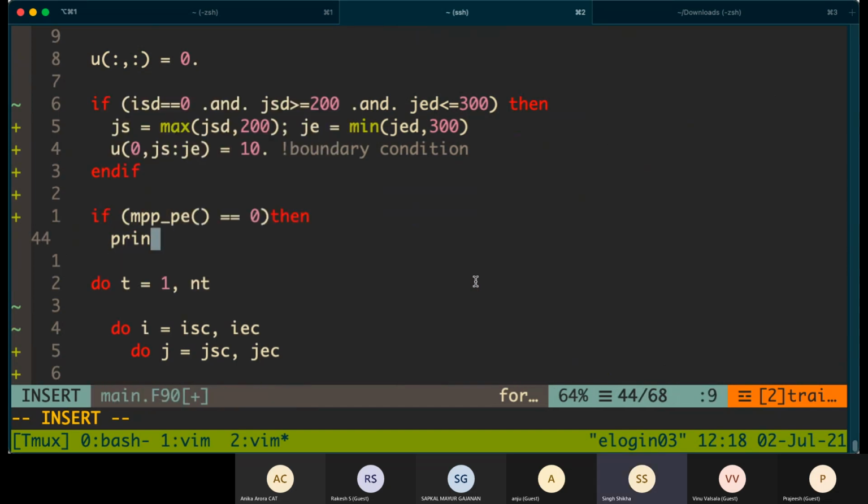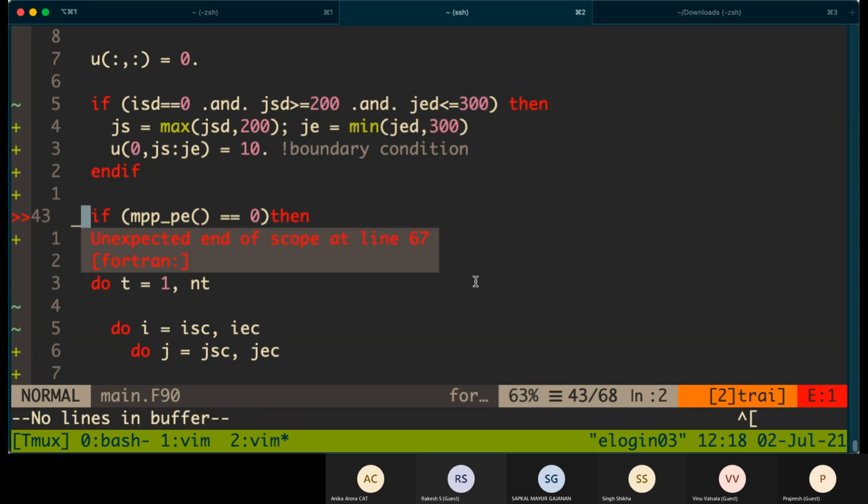Print. Yeah, but in this case, we don't really know which processor will be doing what, or do we know it from the domain decomposition? That first processor will do this part. So usually, FMS does the domain decomposition in the way that the 0th processor will have the first corner domain. Okay. That I am not very sure. I think it goes row wise. Right. Thank you.